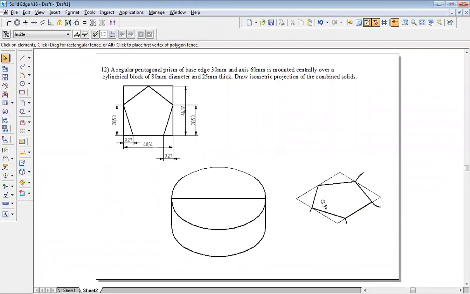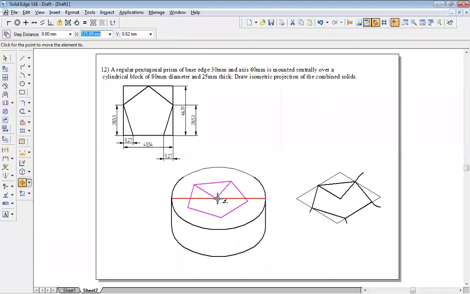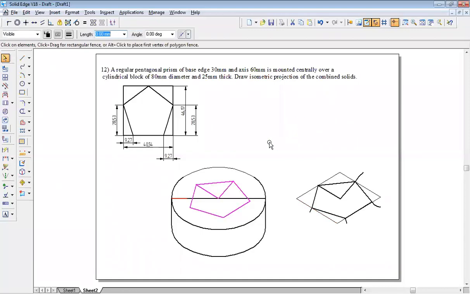Okay, now the pentagon midpoint should fall on the midpoint of this line. So how to get the midpoint? Simple. From corner opposite edge midpoint, from this corner opposite edge midpoint. Once you do this, trim it off because getting scissor symbol is very difficult, right? Then hold the control function, click on one line, hold the control function and select all the remaining lines, including this midpoint lines. Okay, go to move command, switch on the copy option. This midpoint should come and fall on the line midpoint.